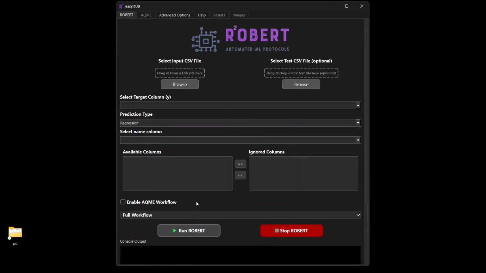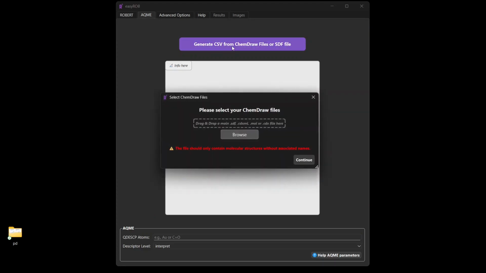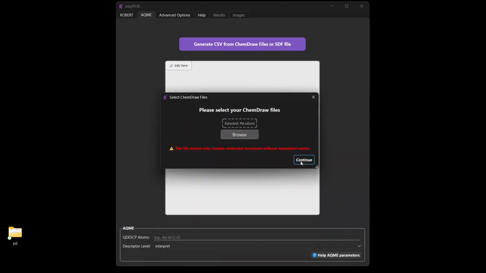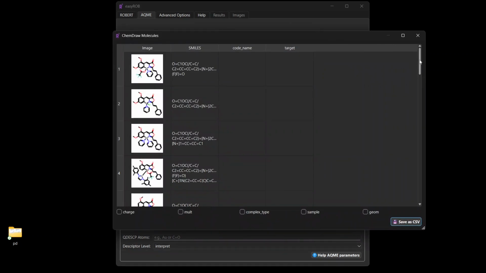First of all, we have to start the process checking the enable ACME workflow in order to load the ChemDraw file and then generate the descriptors using ACME. So let's check it and then go to the ACME tab, and we have to click on generate CSV from a ChemDraw and browse our file. In our case it's the Palladium file. Let's open it and then continue. Now we have charted the molecules as SMILES here, and we have to fill all the information in all the